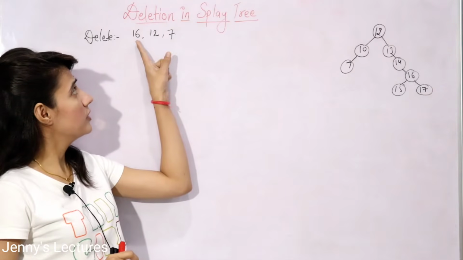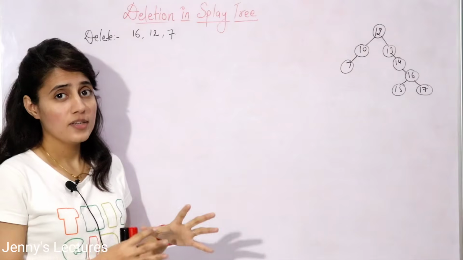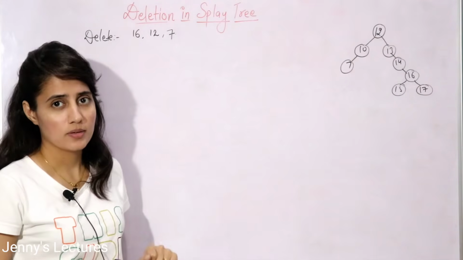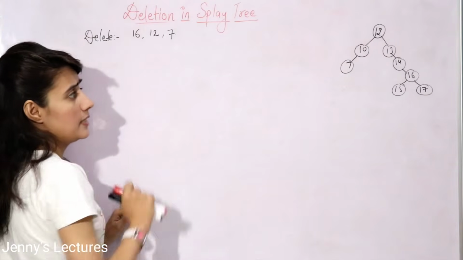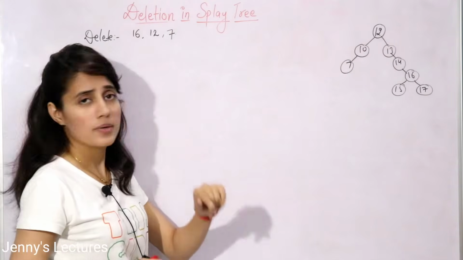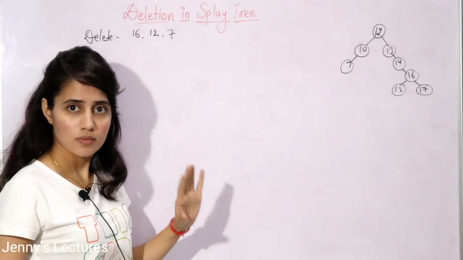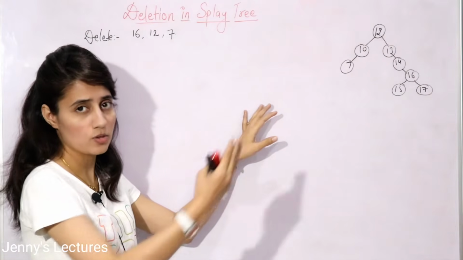Now how to perform deletion using that approach, that we will discuss with the help of this example, and I am going to delete first of all 16, then 12, then 7, right? And after that I am going to write down the steps of this top-down splaying method, right? Now see, first you want to delete 16, so the first step in this method is what? Search where is 16, right? Same step that we have discussed in the previous method also.